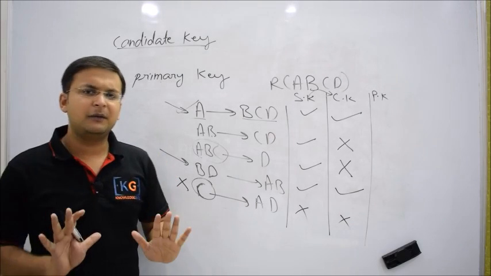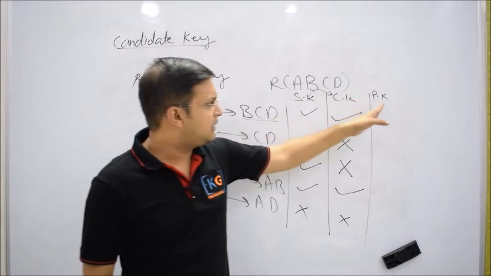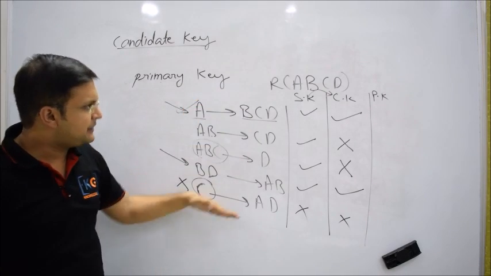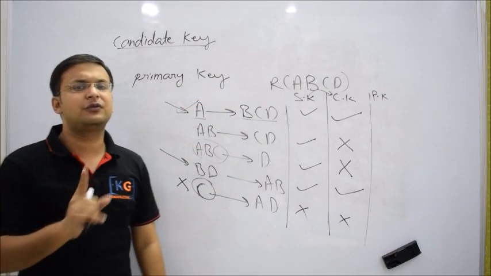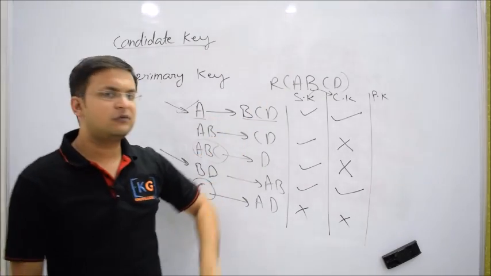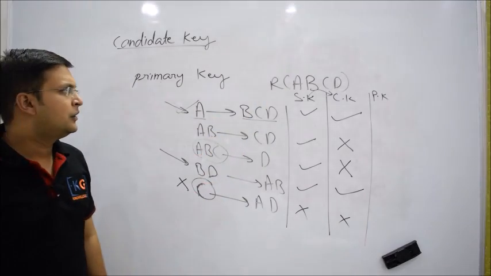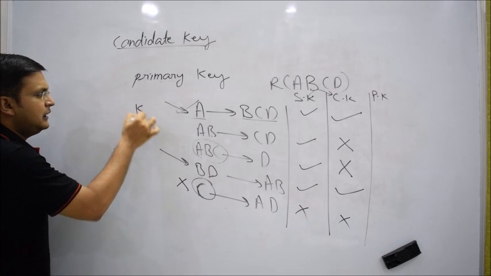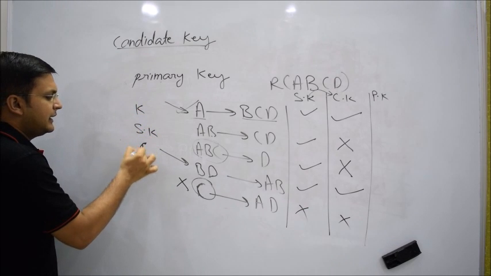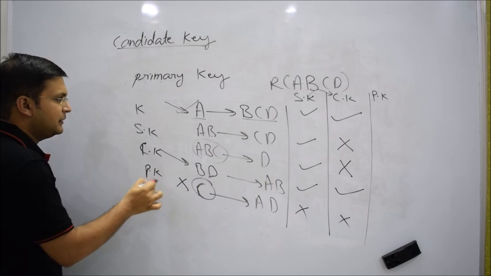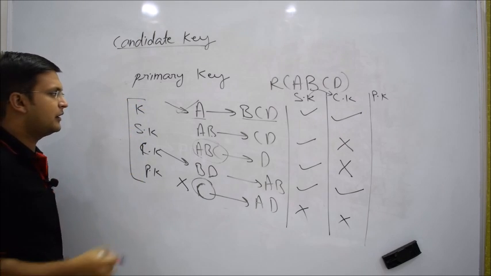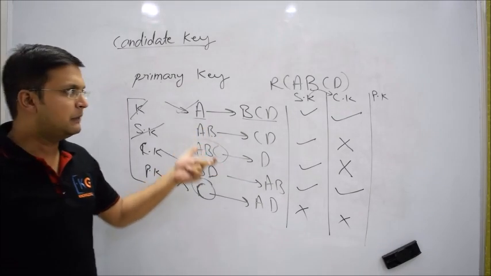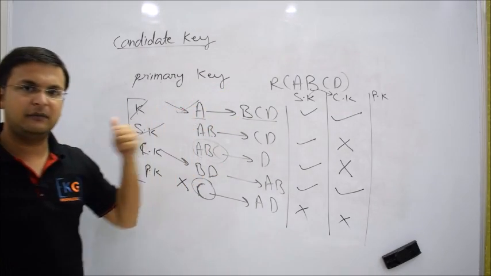That is it. So again, understand one thing: there is no difference between a primary key and a candidate key. Candidate keys can be more than one, but the database administrator chooses any one key and says it is the primary key. That is it. So again, you see the four logics I have discussed: key, super key, candidate key, and then primary key. This is mainstream logic. It is very important. You see, key and super key both are the same. Again, a set of attributes with the help of which you can identify all the other attributes becomes a super key.